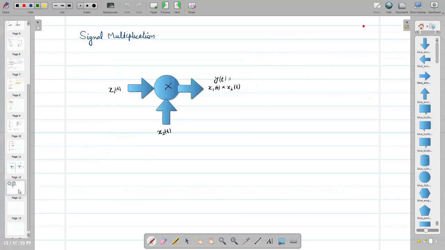Another concept we are covering in this lecture is signal multiplication. In signal multiplication, we are having again the block diagram representation, that x1 is the input signal, x2 is the input signal. So we are multiplying these two signals and we are having y(t) equal to x1 into x2. In case of discrete, we are having x1(n) and x2(n) here, and after multiplication we are having signal y(n), which is equal to x1(n) into x2(n). So this kind of representation for the discrete time signal.